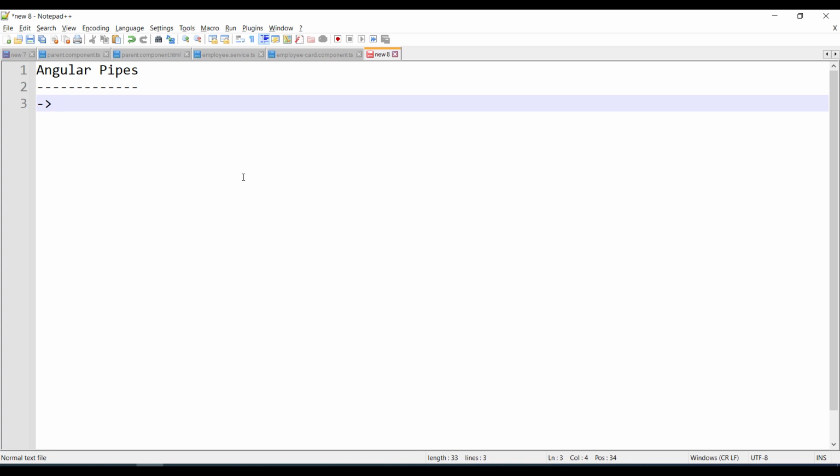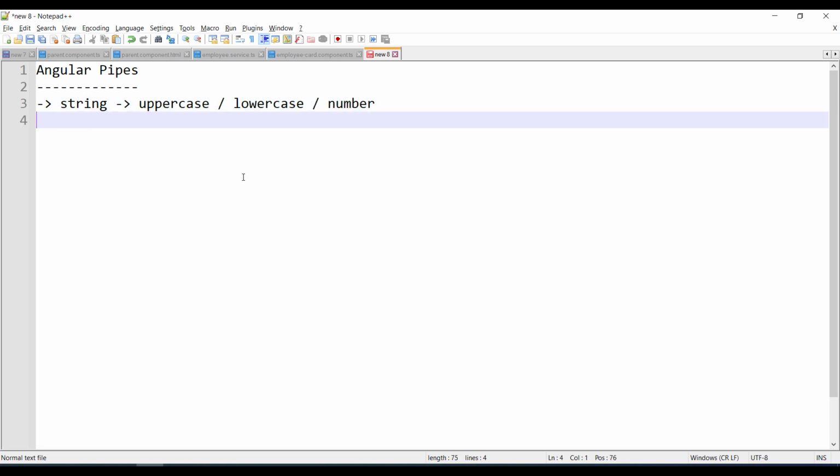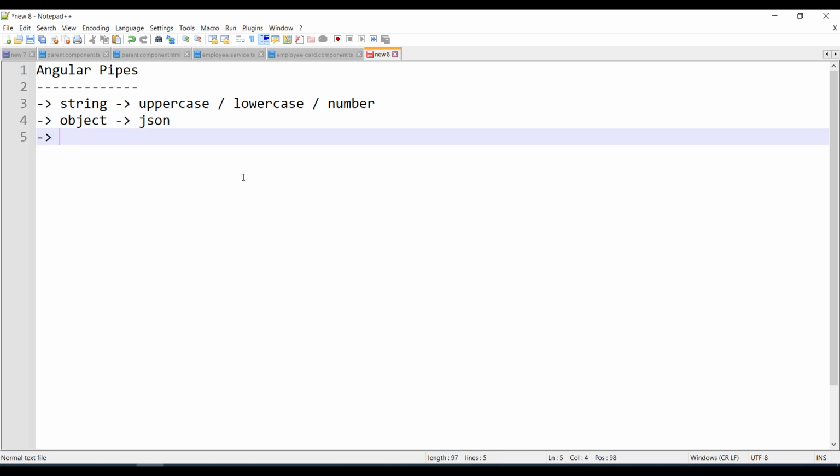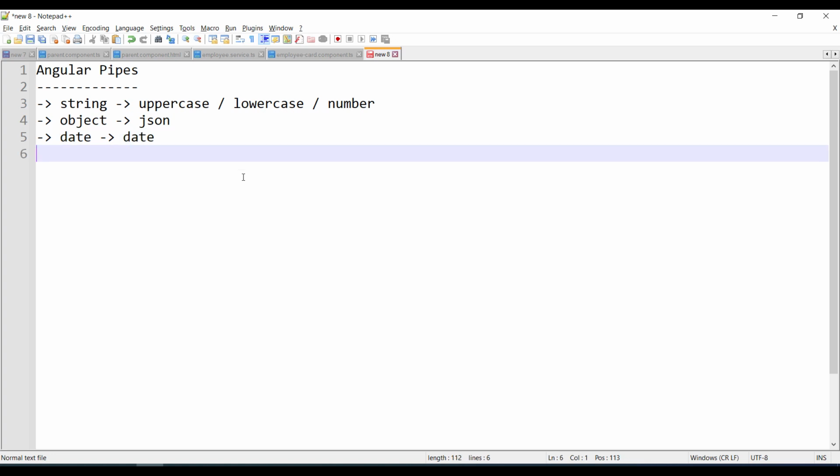For example, you got a string from the server, you can convert it to uppercase or lowercase. Or you may convert to a number also. Or some object is there, you can convert it into JSON format. Or you have a date and you convert it to your own date format.